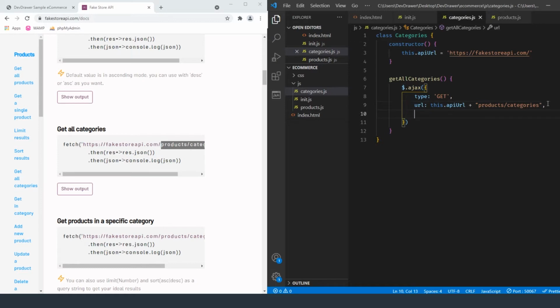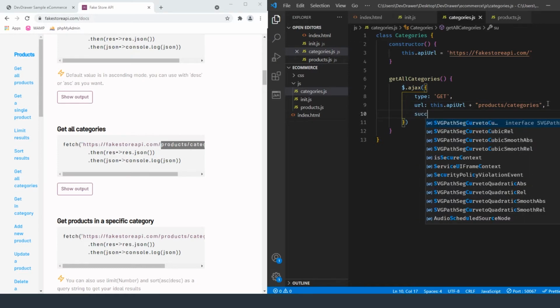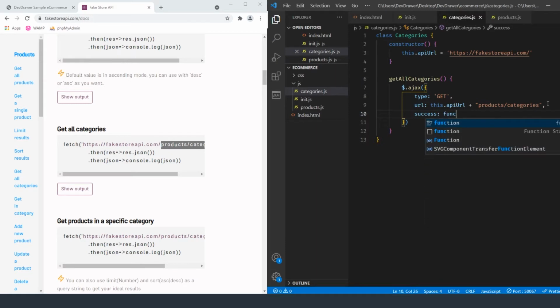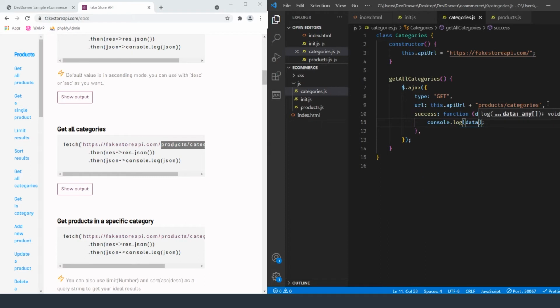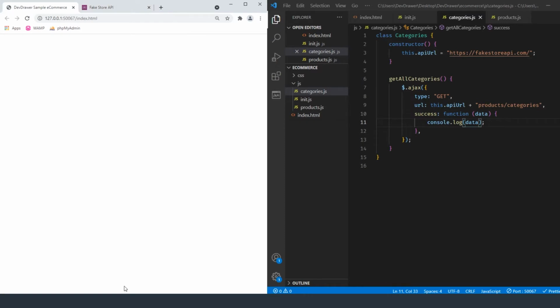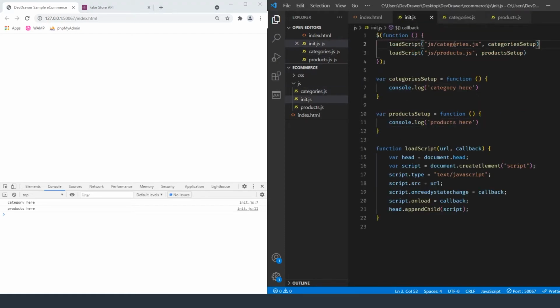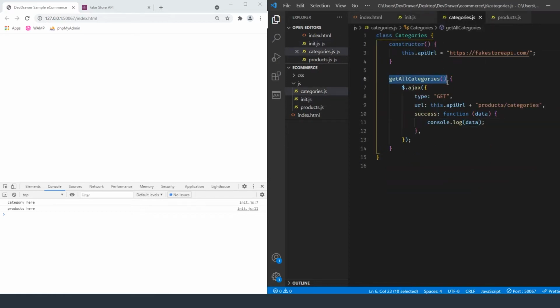Okay, so now on success, we're going to create another function where it's going to pass the data that it retrieves, and then inside of this, for right now, I'm going to do a console.log data. Okay, so inside of our browser, I'm going to open up this again so we can see it. So there's nothing currently going on here because it's still currently just doing category setup, and then it's displaying the console log. So now that we have this function, I want to take this function and add it to the initialize.js,